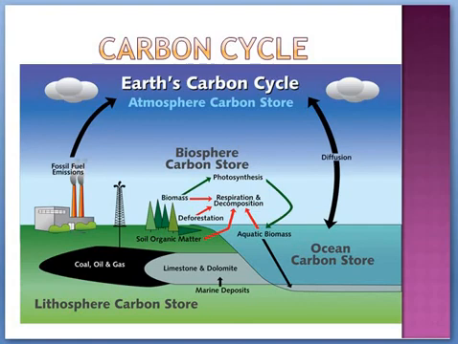First of all, you should know what the carbon cycle is. You can see this cyclic movement of carbon, when carbon moves from the atmosphere into the organisms, and then from organisms back into the atmosphere. This is how carbon cycles in the atmosphere and organisms. That is what the carbon cycle is.